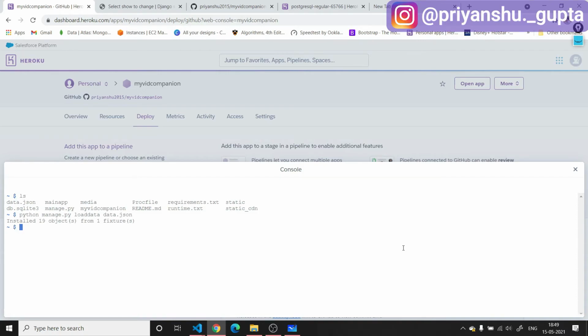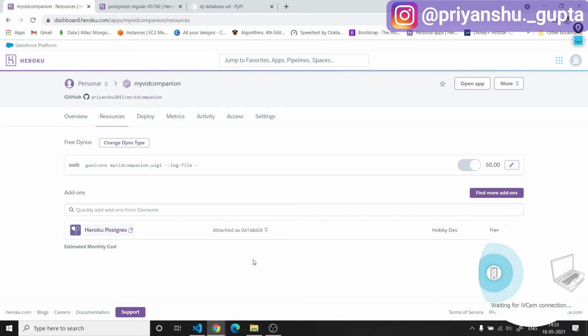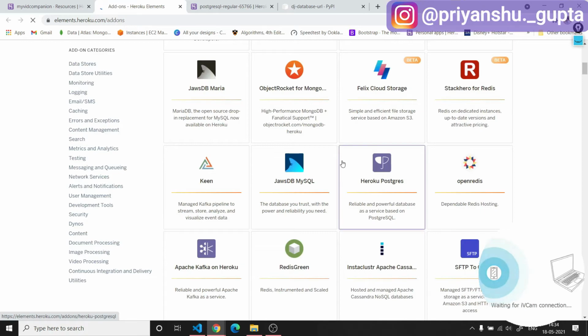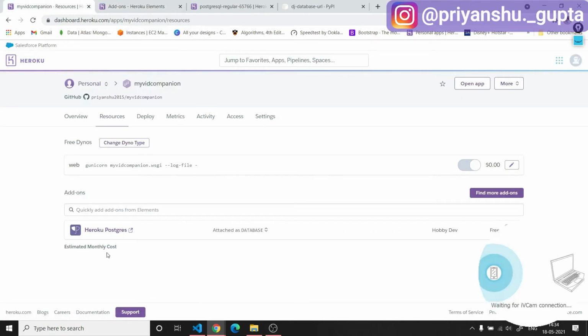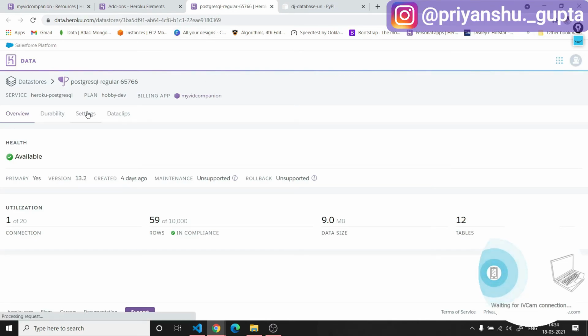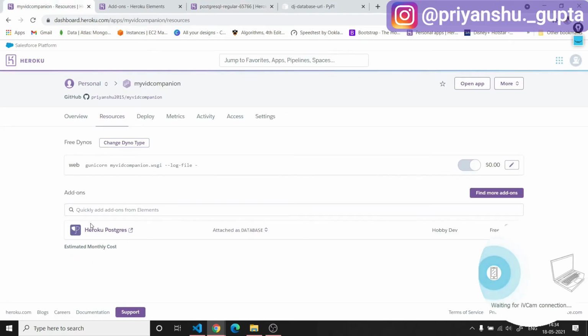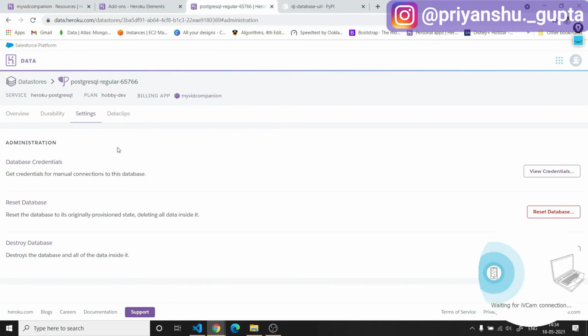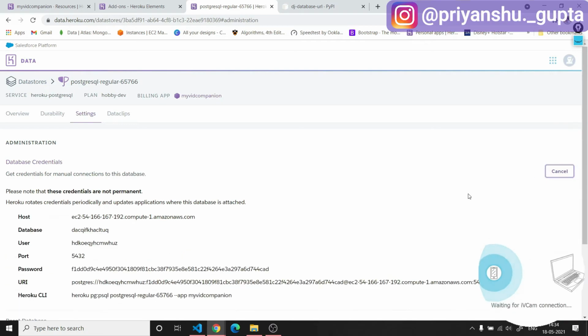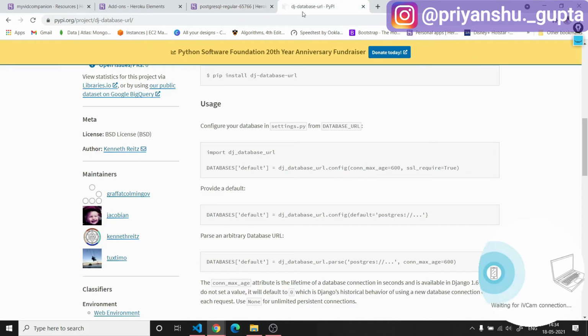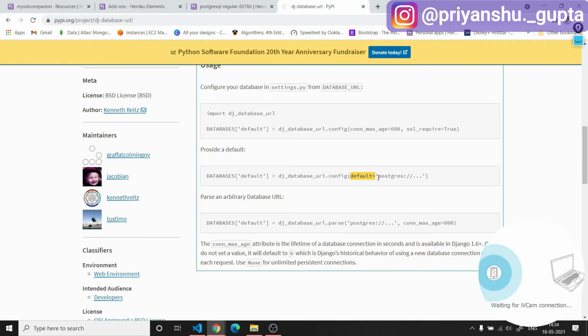And one thing that I also want to tell you is that if you want to add some more Heroku Postgres database here, like if I click on add-ons here and add some more Heroku Postgres database, then you will have to specify the credentials of this Heroku Postgres specifically here in dj_database_url of the Django settings.py file. Like here we will have to go to settings of this PostgreSQL that we have selected here. So we have selected Heroku Postgres, and now you will have to go to settings and then view credentials. You will have to copy this and mention it in settings.py as DATABASES default, and then in config you will have to add this argument of default also.